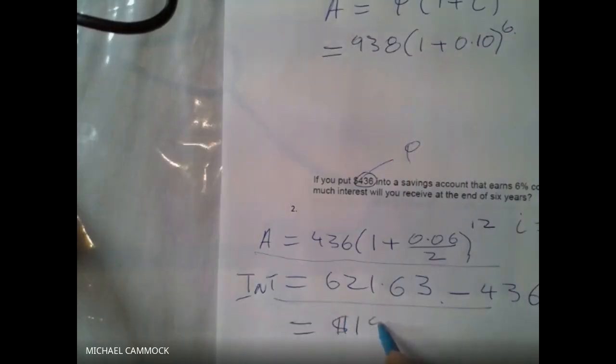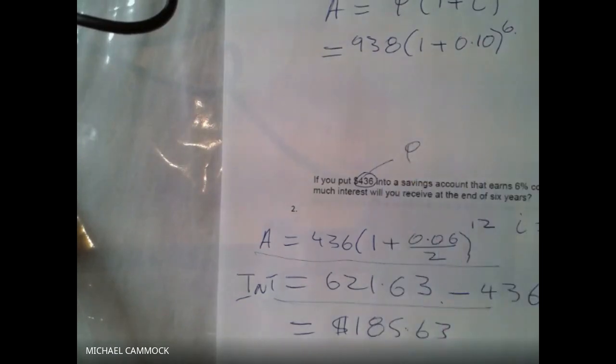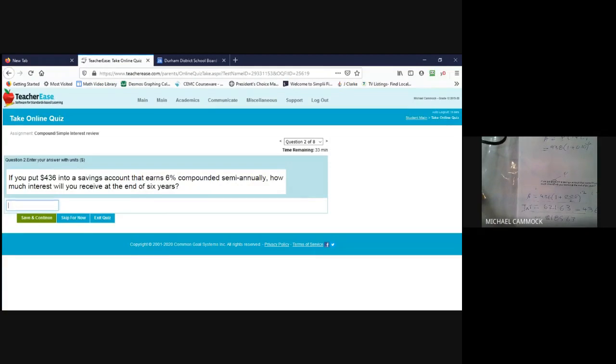So this $185.63. Hopefully the rounding on that makes sense. I'm going to write that in right now. So I'm going to go back to my presentation. So now I'm going to put in the amount 185.63. Remember, $ first,